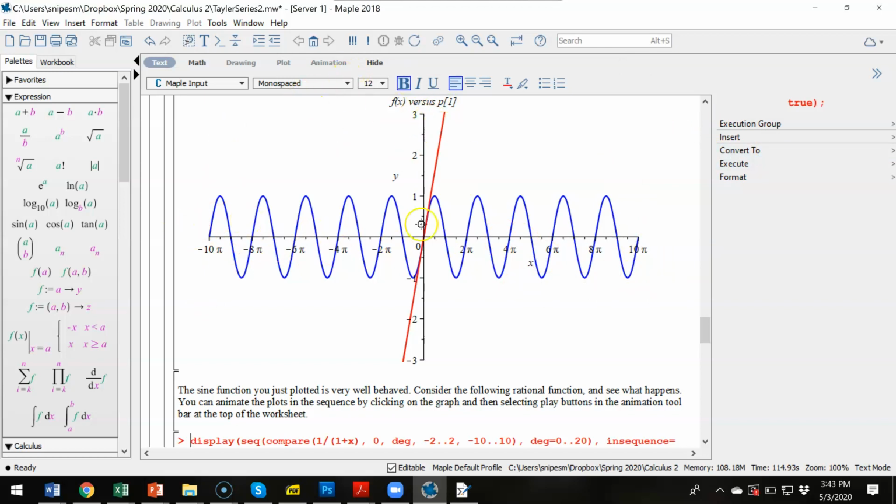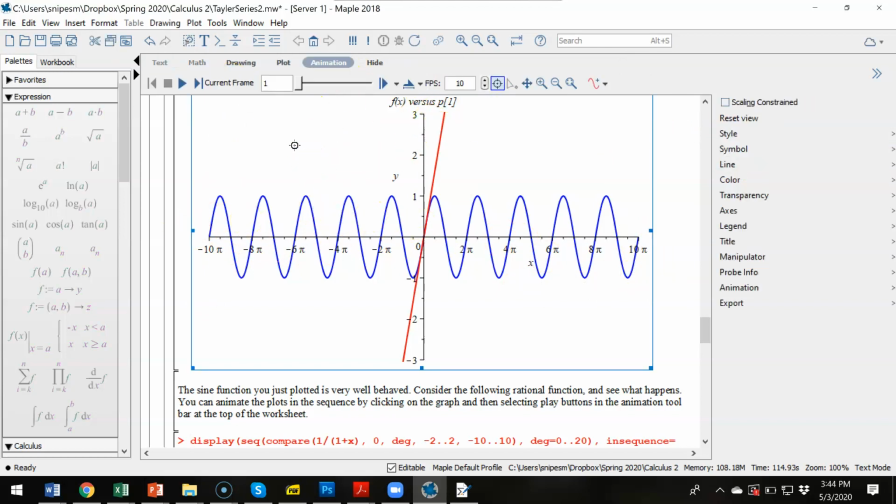We're going to run through 25 Taylor polynomials. So here we are, and you can see that as we continue to increase the degree, the functions are approximating sine of x on a larger and larger region